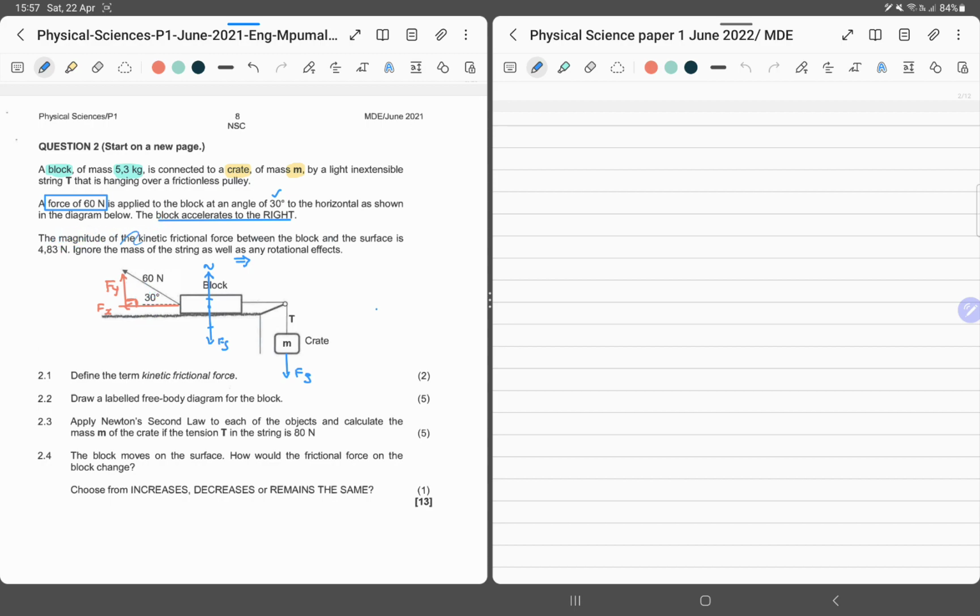Now we're told the magnitude of the kinetic frictional force between the block and the surface is 4,83 newtons. And then we're told to ignore the mass of the string as well as any rotational effect. Okay, first question says define the term kinetic frictional force. So what is kinetic frictional force? So we're doing question 2.1, we want kinetic